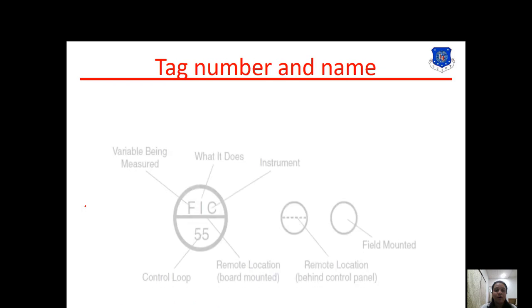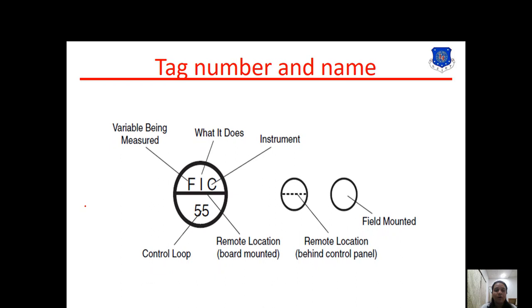Now next is how a tag number is denoted in the process instrumentation diagram. You can see in this diagram, FIC. What is the F? The first letter indicates the variable being measured. Here the flow is measured, so F is given. If temperature is the measured variable, then T is given.